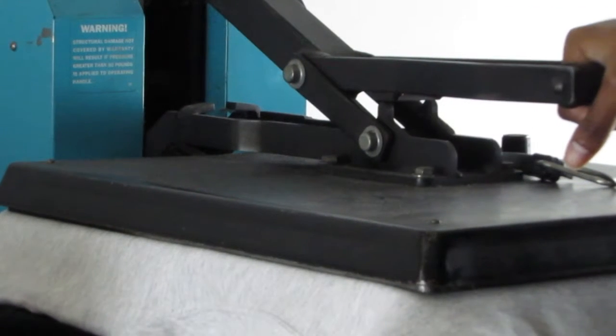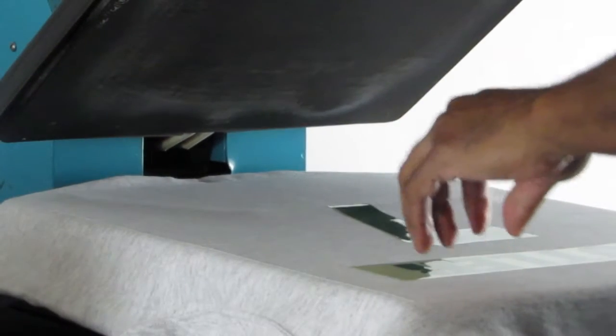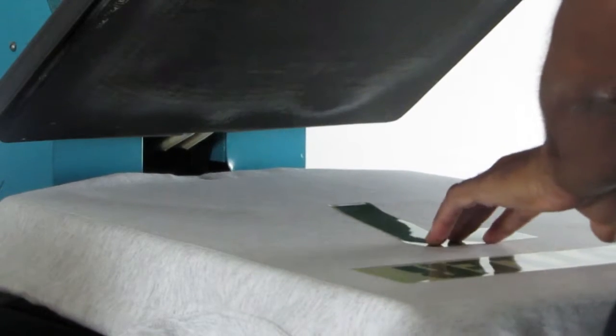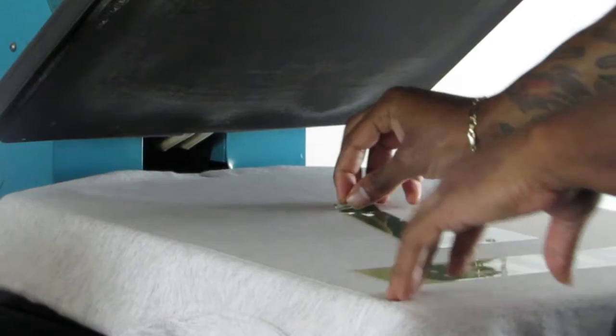When you start to peel the backing or the carry sheet away from the graphic, you want to make sure that you pull it at a corner and at a smooth, evenly paced speed. You don't want to just yank at it or yank directly down on it, because if the heat has not applied correctly,